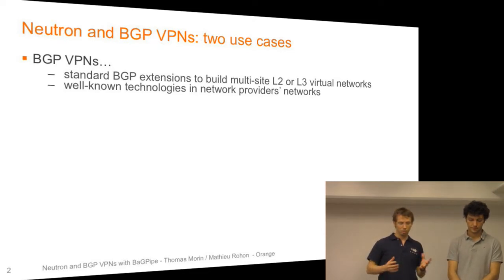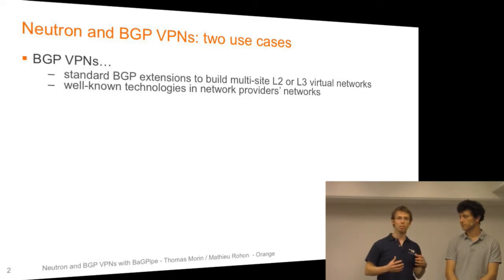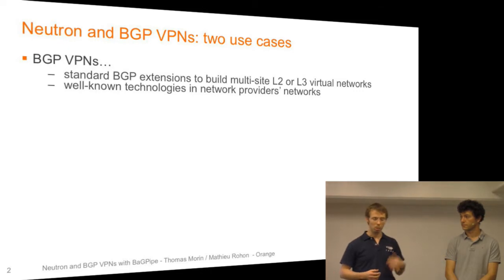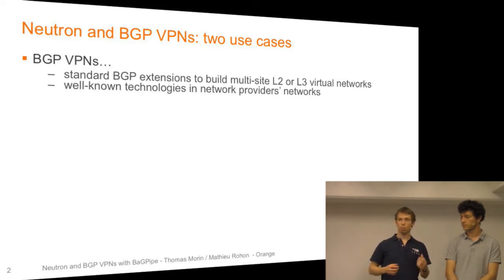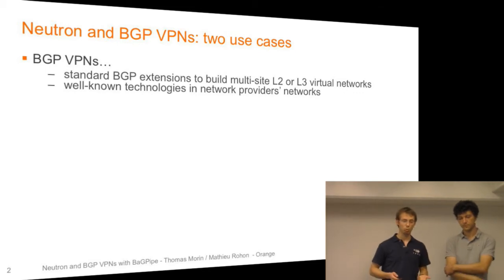What these BGP extensions do is rely on routing to announce that the destination is reachable through a specific host IP address, and use encapsulation, typically an MPLS encapsulation, but not necessarily MPLS, to isolate the traffic from the different virtual networks. So these techniques are well known in provider networks, and we want to integrate them into Neutron for